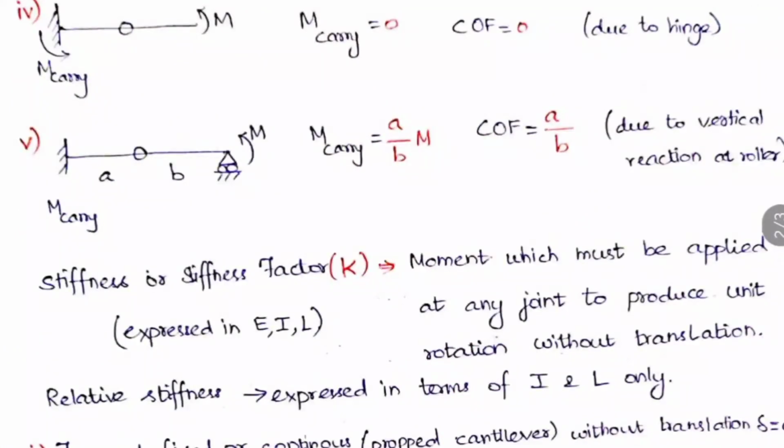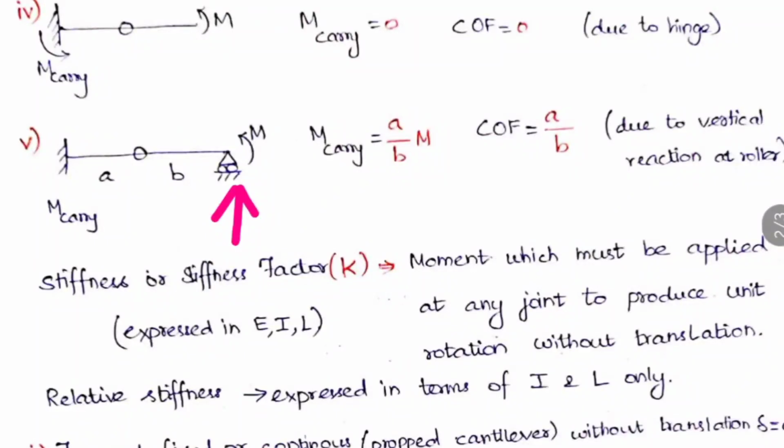Then here I have given a cantilever beam, but with an internal hinge in the middle. In this case the moment can't be transferred or carried over to the fixed end. So it should be 0, because a hinge is there, so it can't transfer the moment to the other part of the structure. The next case is a roller support, a propped cantilever with an internal hinge. Here the moment will be carried over, because at the roller support a vertical reaction is also there, so due to this vertical reaction a moment will be carried over, but not due to the moment we are applying.